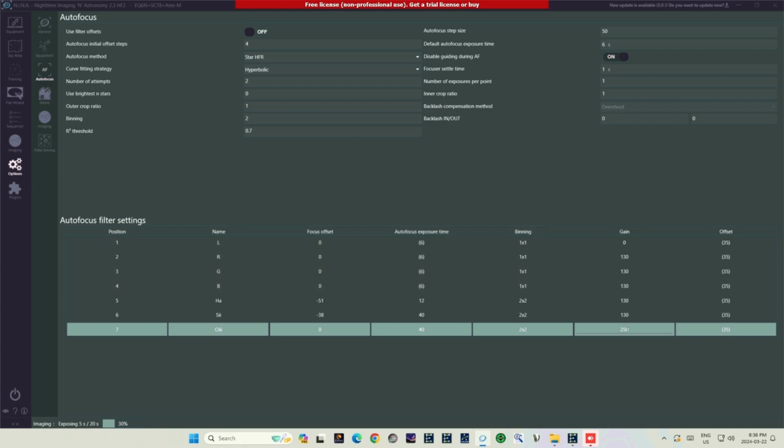I think not binned is fine for LRGB filters, but that may only apply to my region. Please keep in mind I live in an area of Bortle maybe 1.5. If you're in an area with light pollution, you may find it useful to experiment. It's easy to do, just click on the box that lines up with whatever filter you want to adjust the binning for. Note that my last 3 filters, 5, 6, and 7, for Ha, S2, and O3, all have 2x2 binning,